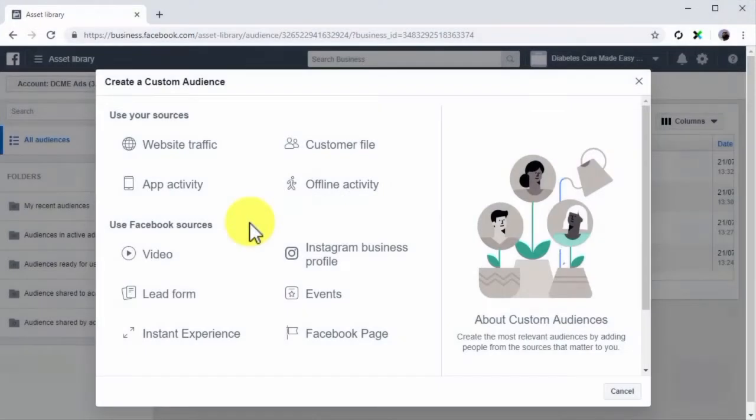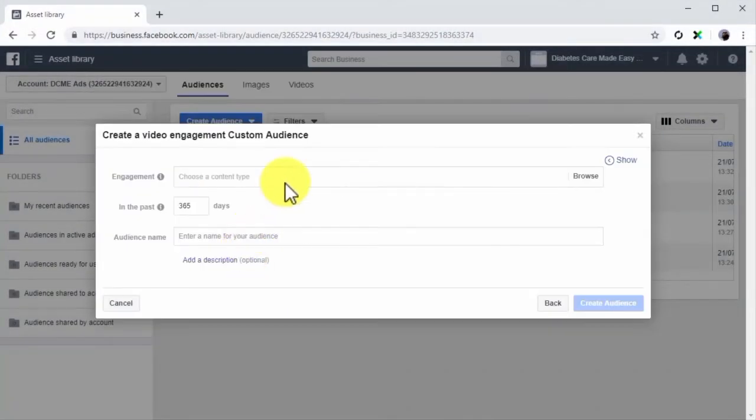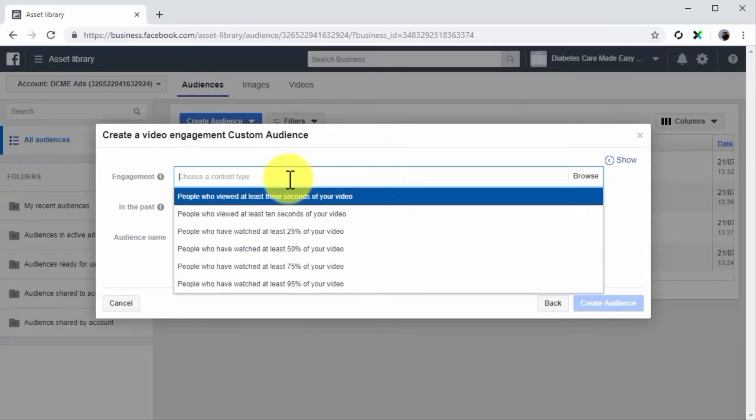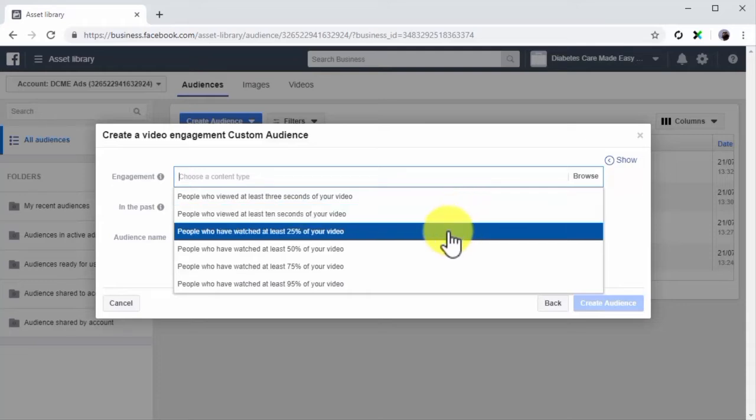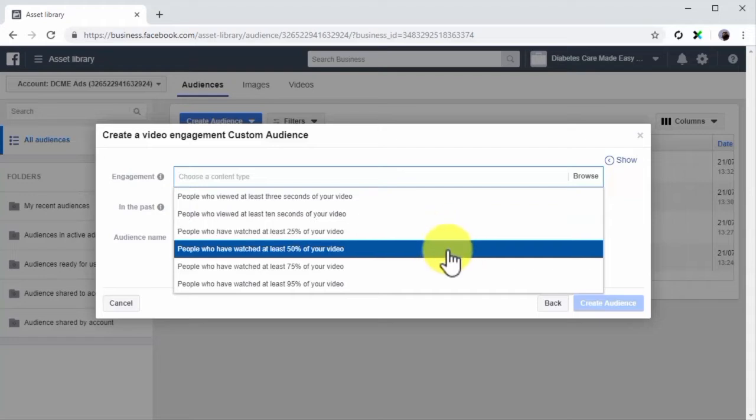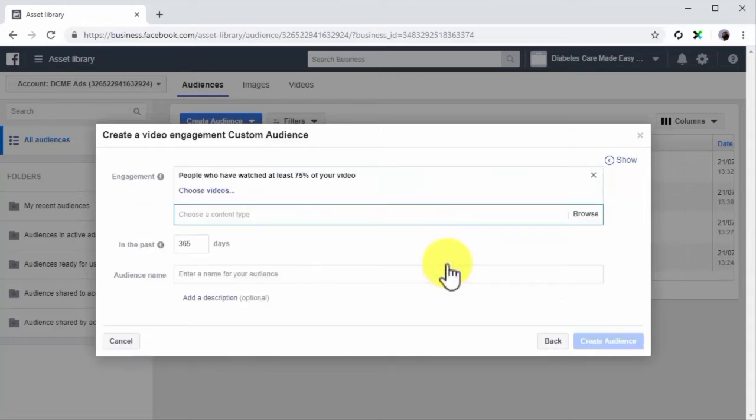Video. To create a custom audience from video views, select Video from this menu. Now click on the engagement field to select how engaged the users are that you'll add to this audience. Here you can select people who viewed at least 3 seconds of your video, people who viewed at least 10 seconds of your video, or people who watched a certain percentage of your video, from 25%, 50%, 75%, or 95%. After selecting this criteria,